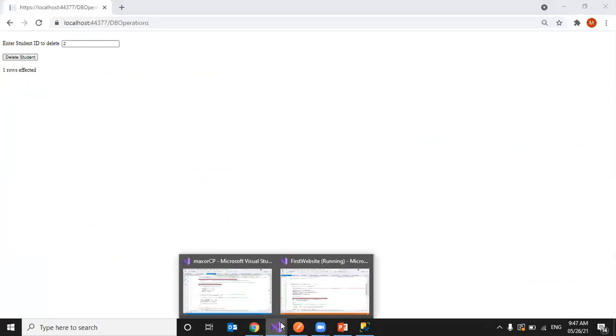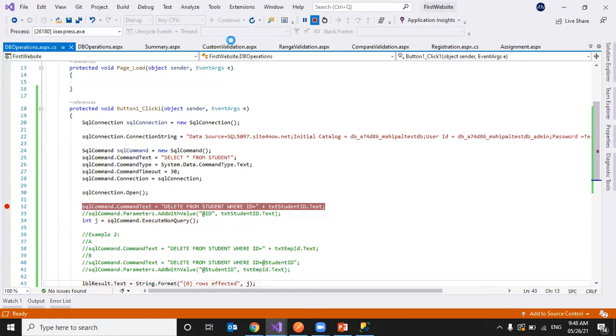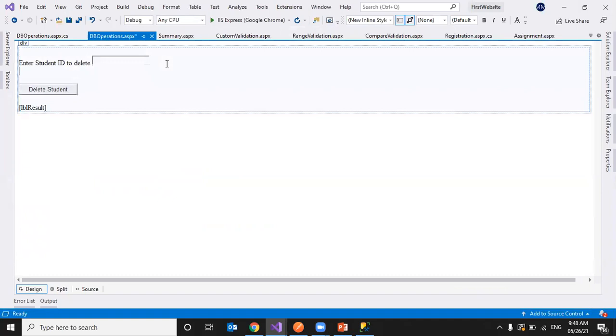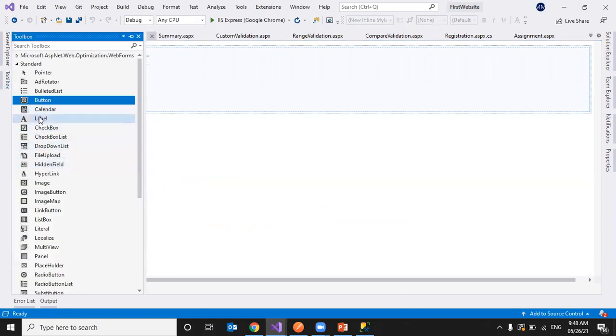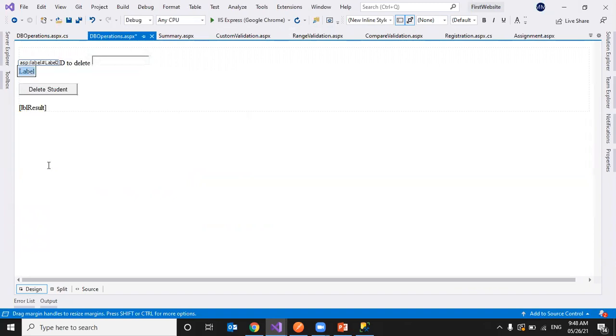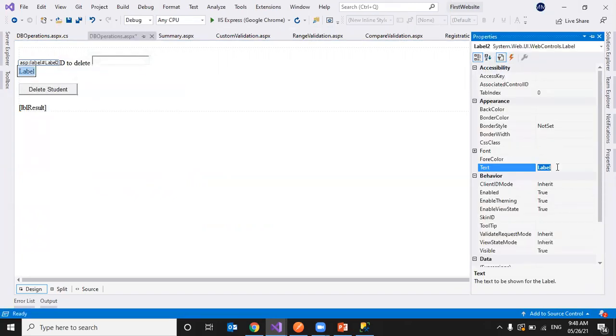Now what I will do is take one more label and one more text box to delete based on the address, to delete the student records based on the address. Enter address, or city.